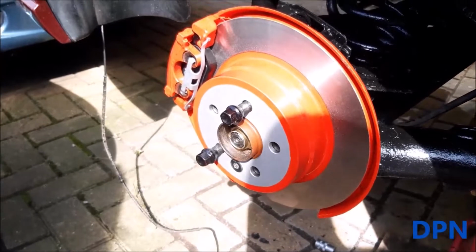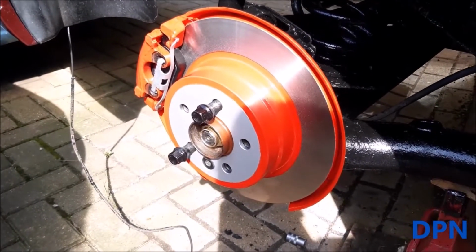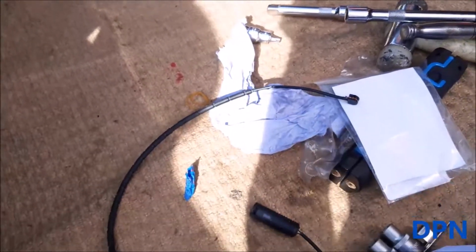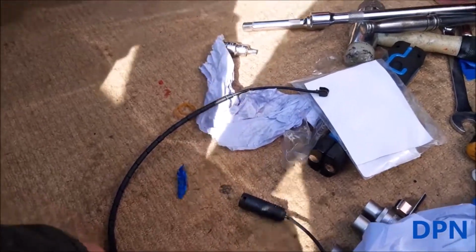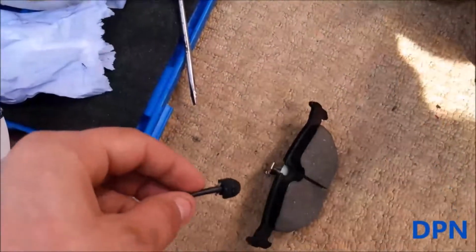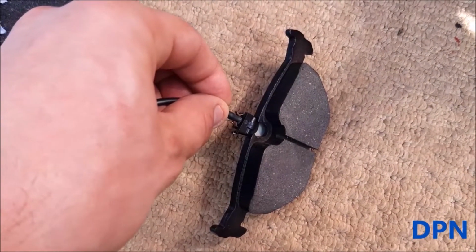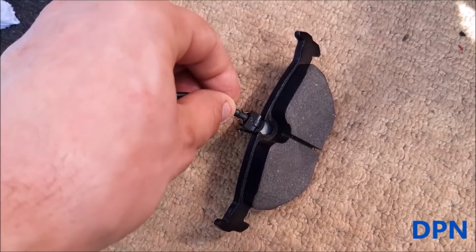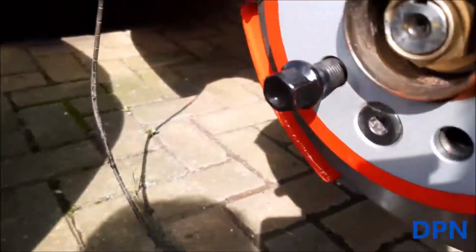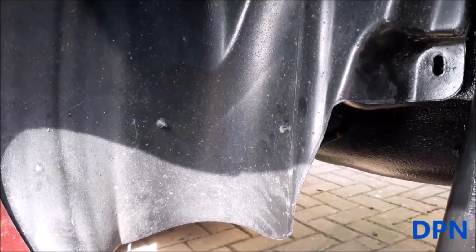Right, so we're now at the stage with the caliper on. The only difference between the driver's side and the passenger side that we're showing you is this wire here that runs to the brake shoe, and basically that's for the little sensor that tells you if the shoe really did get worn down, and it slots into the shoe like that. I'm showing you it here because it'd be difficult to show you on the caliper, which is where we're going to do it. And that wire, you see the old one still intact, goes up under this plastic guard,